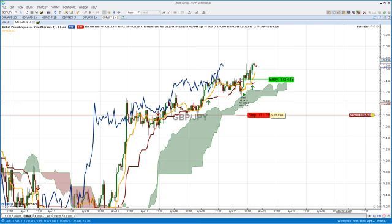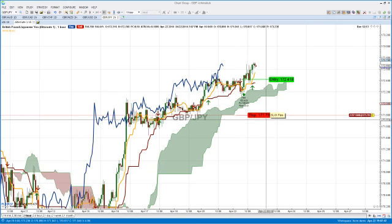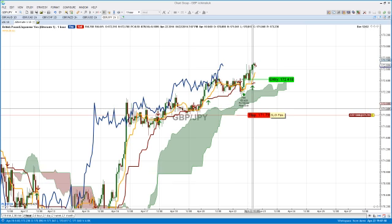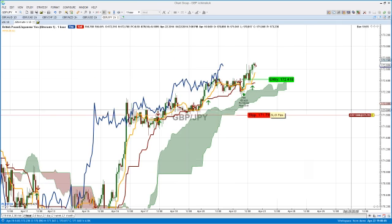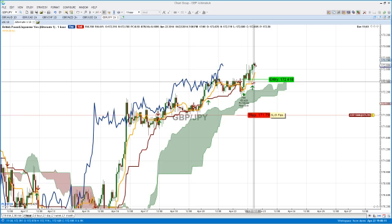My entry was at 172.418, and I put my stop below the Kumo here at 171.79, which is a 61 pip stop. I'm currently 22 pips in favor in the trade, and I'm in the money right now. As the trade moves on, I will move my stop loss up, therefore limiting my exposure. I'm waiting for the price to shoot further up